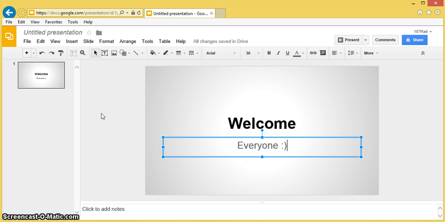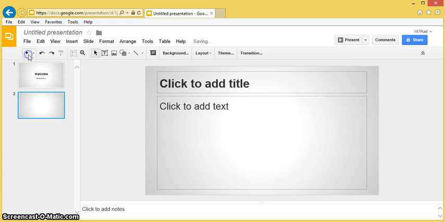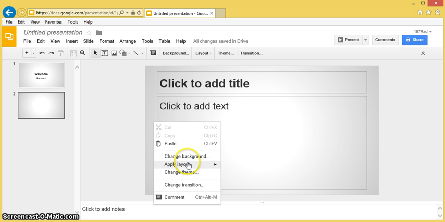Now another thing you can do is if you want to add a new slide, you can click on this button up here that says with the plus, and it'll add a new one for you, and you can do other things. Now I'm not going to get into too much detail until another video, but there's also other things you can do like layouts, themes, transitions,